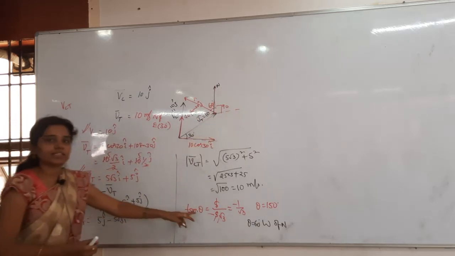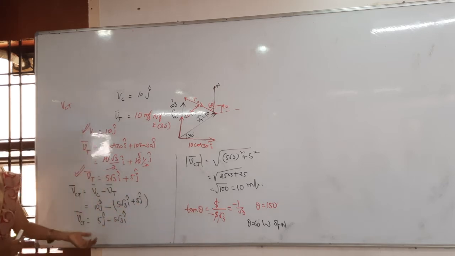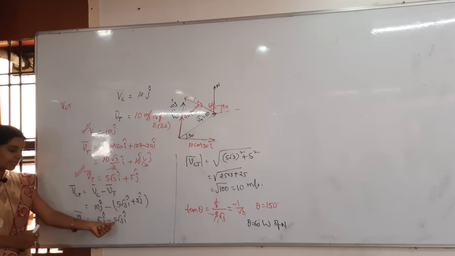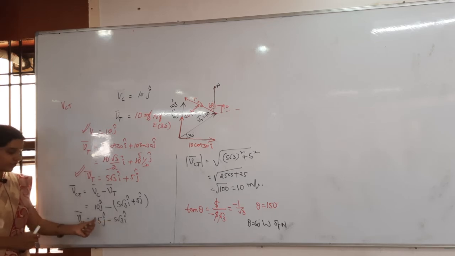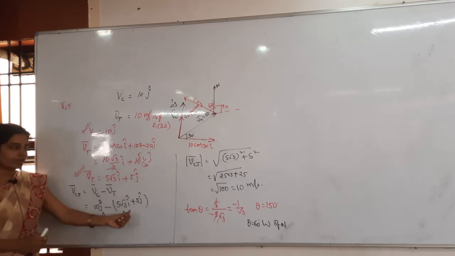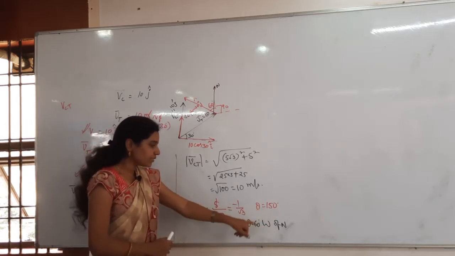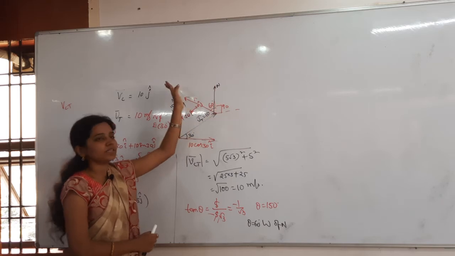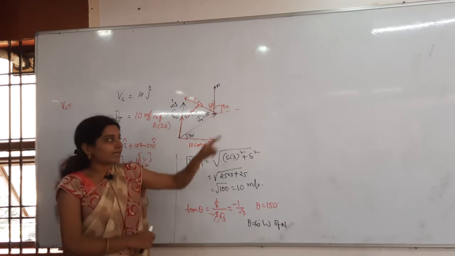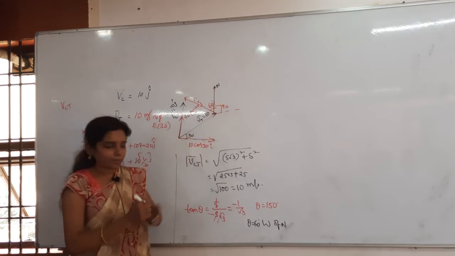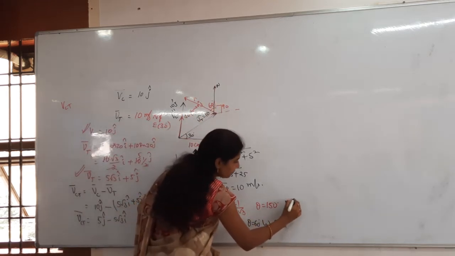You understand, right? Direction: tan theta is equal to what? Opposite by adjacent. Opposite is nothing but the y component, divided by adjacent, which is the x component. So 5 divided by minus 5 root 3. From that, how much did we get for theta? 150. Theta is equal to 150, but whenever you want to describe the direction, at that time 90 plus 60. With east it is 150. If you take theta as 150 with east.